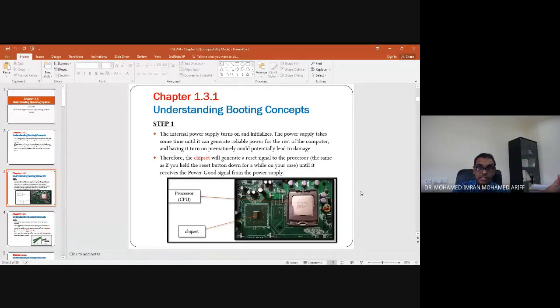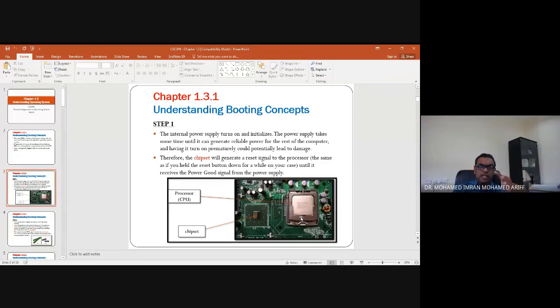So saya dah dapatkan a picture here. This is a picture of a motherboard, yang merah, yang hijau ini. On the motherboard is what we call a processor. There are a few kinds of processors yang biasa ada. You have AMD, and you have so many other processors.